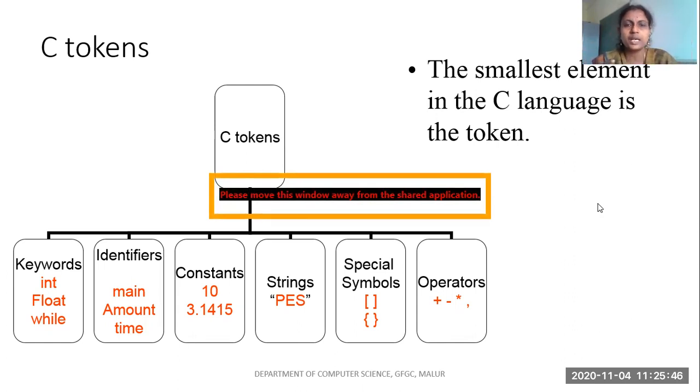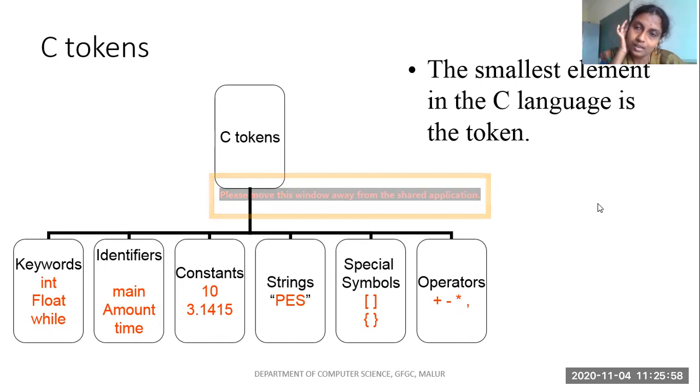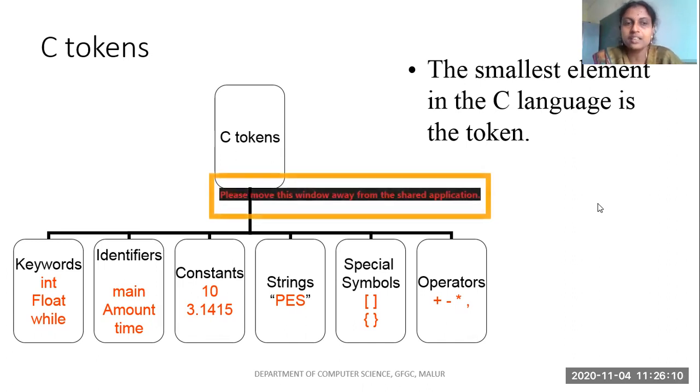Each concept has a certain purpose. It's like in the kitchen, have you seen a masala box? Mustard seeds will be there, one or two chillies will be there, dal will be there, urad dal will be there, jeera will be there, sombu will be there. The combination of all these things we call a masala box. Like that, here a combination of certain small items we call tokens, and these items will be used in our program. It will help us to develop a better program.